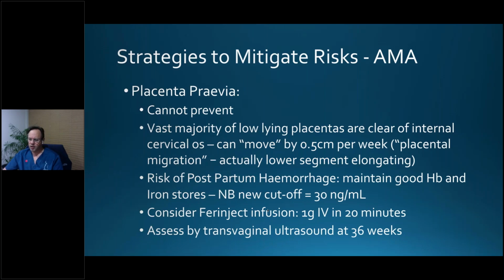For most women who don't have bleeding during pregnancy, who have a low-lying placenta, they only need a single scan at 36 weeks to confirm where the placenta is in relation to the cervix, and that should be a good quality transvaginal ultrasound performed in a centre that specialises in pregnancy ultrasound. Of course, those women remain at risk of postpartum hemorrhage because the lower segment doesn't contract as well as the upper segment,